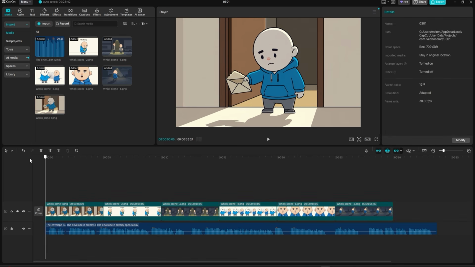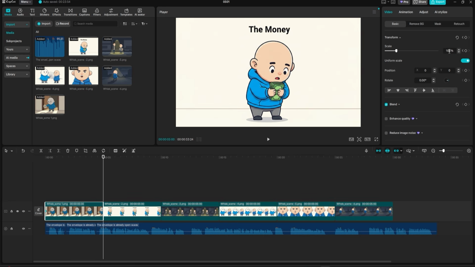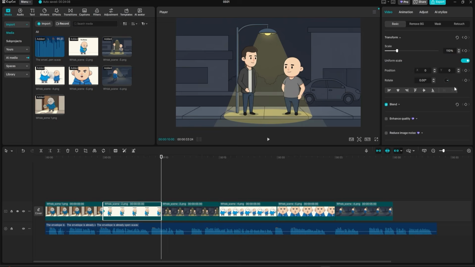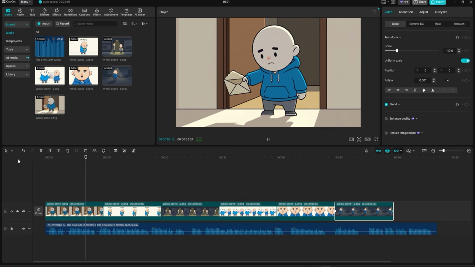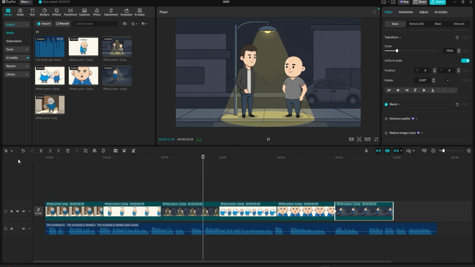Now, this is the point when you add life to the images. Use keyframe animation. For this, go to the start of your first clip. Set a keyframe for the transform property. Then, move to the end of that clip and scale it up slightly. That creates a slow, gentle zoom-in effect. On the next image, do the reverse. Start slightly zoomed in. Let it slowly zoom out over the clip. Alternate this pattern across the entire video. The result is a subtle, natural sense of movement that makes static images feel alive.